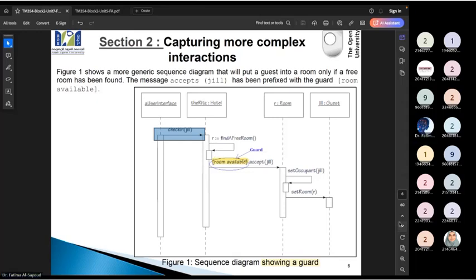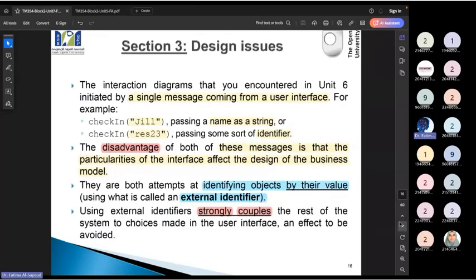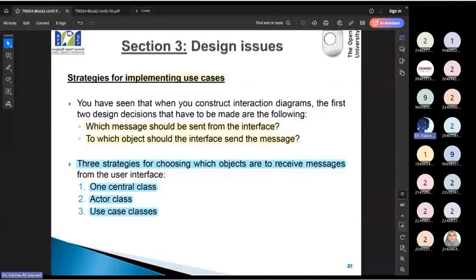So let's go back to the strategies, which are in slide 21. We have three strategies. The first one says to send all the messages to one central class.